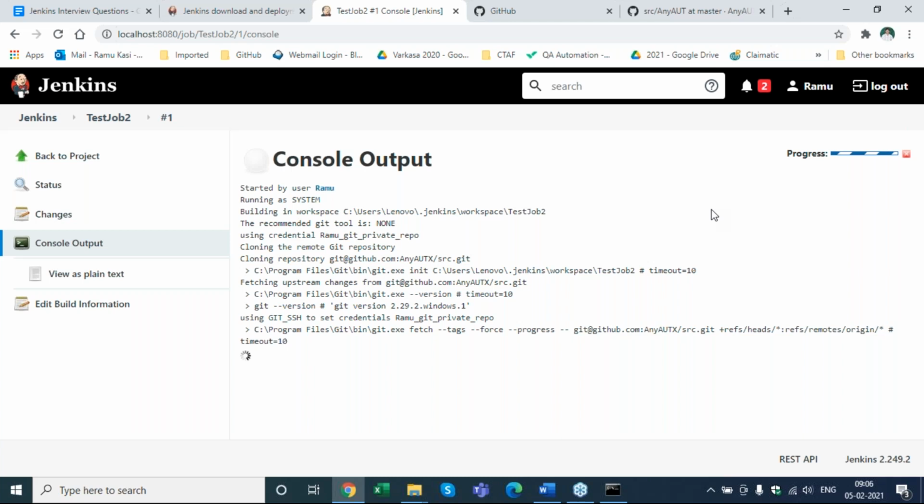So that's why it's taking some time to download all the latest source code from Git. But a hash one is what? It is the instance. What is the instance? I mean, first time or second time that the instance what we are running.